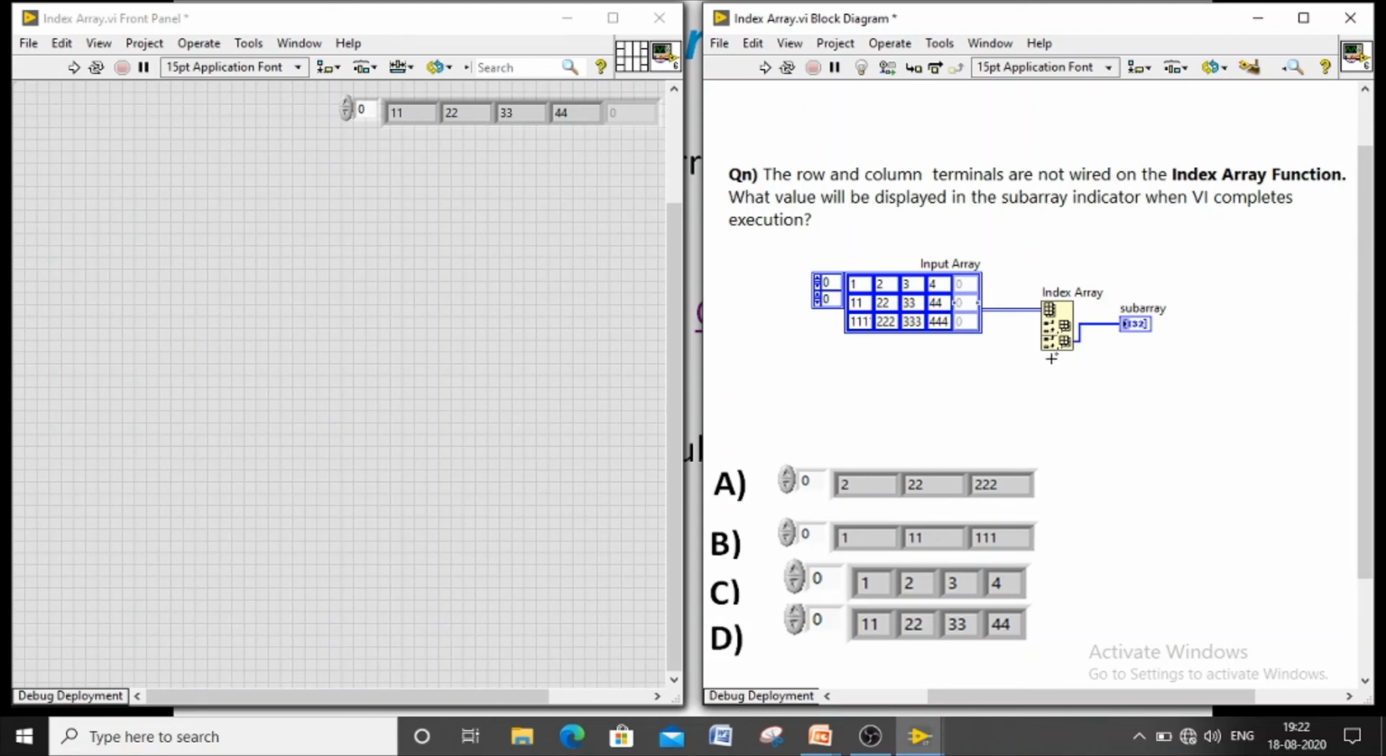Since row has been taken as the default one, only the second row has been picked, so those elements alone are going to be considered: 11 22 33 44. So